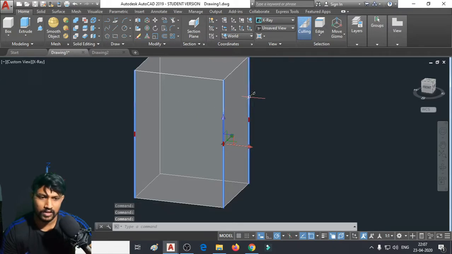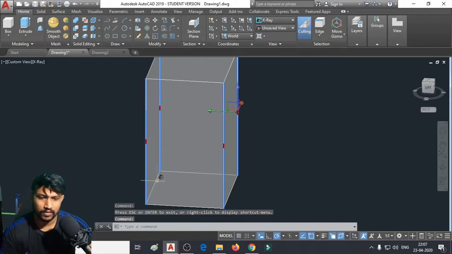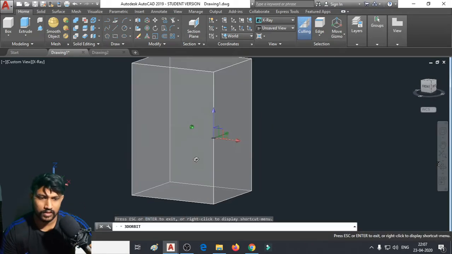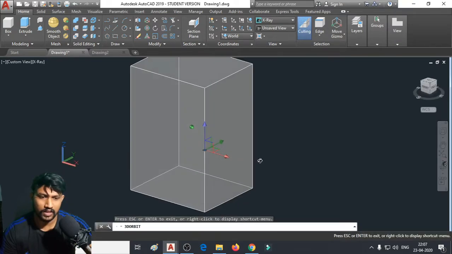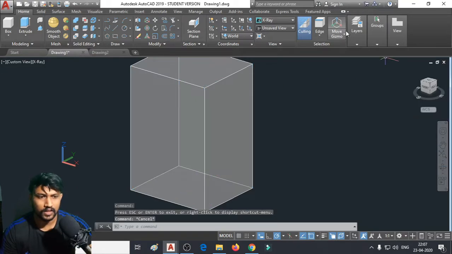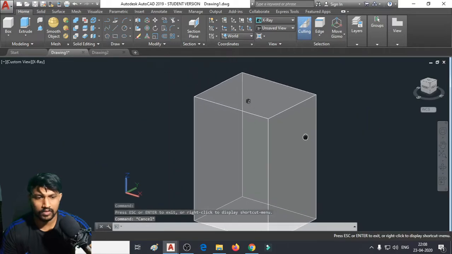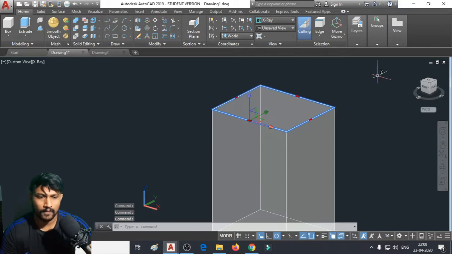For a solid, these are known as edges. These are all the edges of this particular solid. I have to rotate this one to select. These are also edges, connecting the base and the top. And these are all the edges that I'm about to select, the edges of the top face.